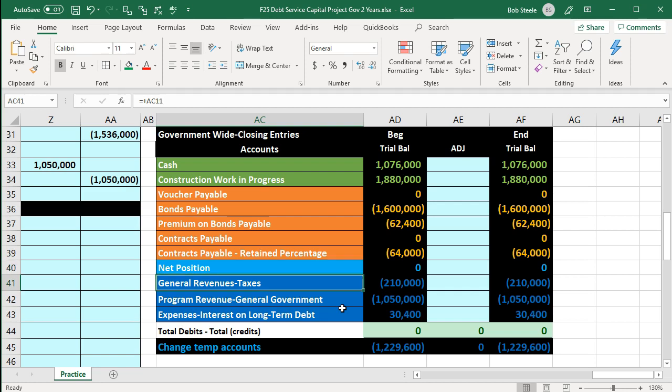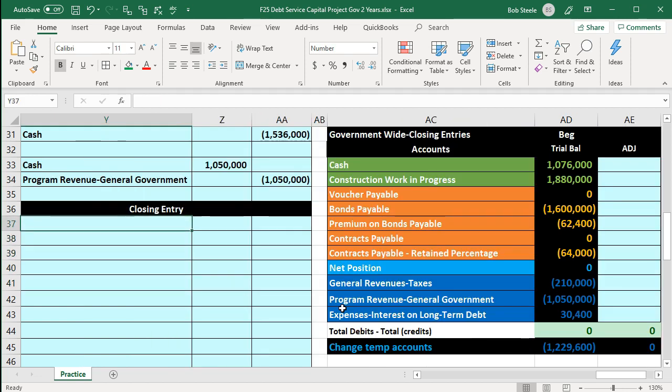So the general revenues has a credit, so we're going to debit it. We're going to do the opposite thing to it to make it go down. So we're going to debit that for whatever's in it, which happens to be 210000. And then this one has a credit in it as well, because it's kind of like a revenue account. It is a revenue account. So we're going to say that that one's going to be debited for whatever's in it, which happens to be here